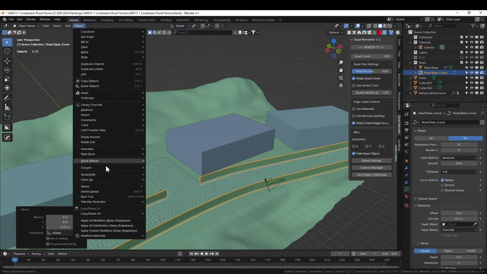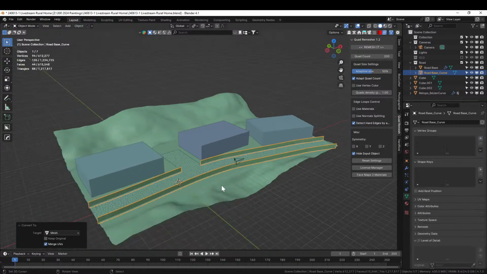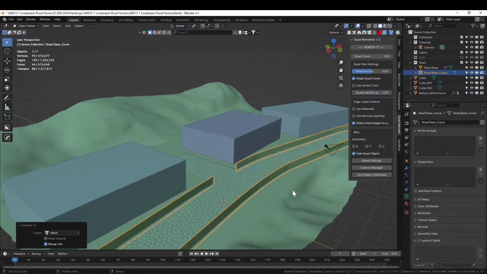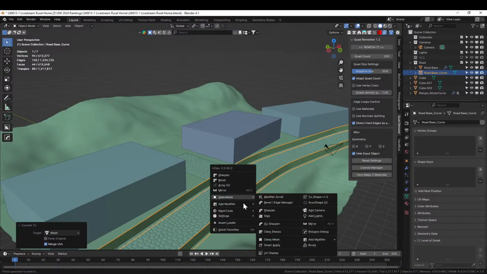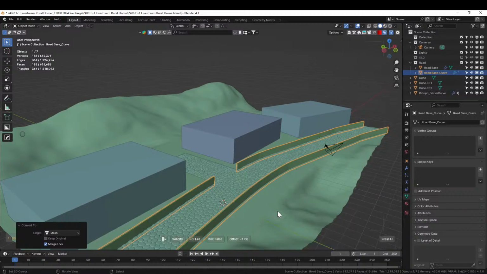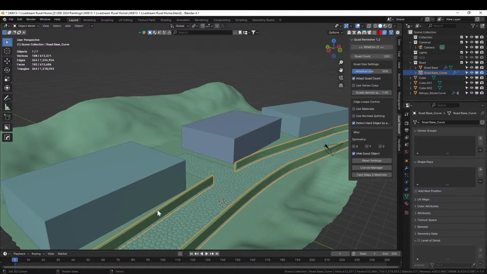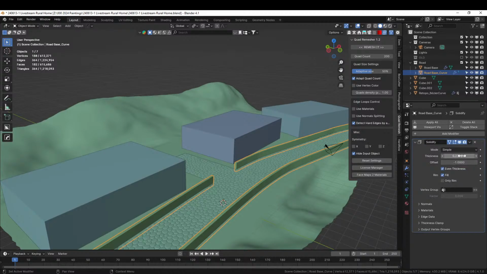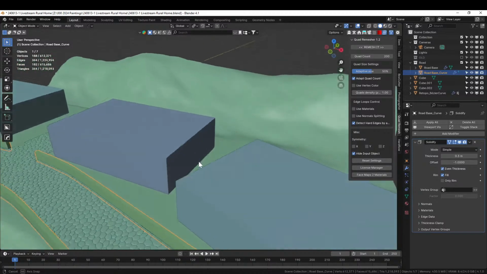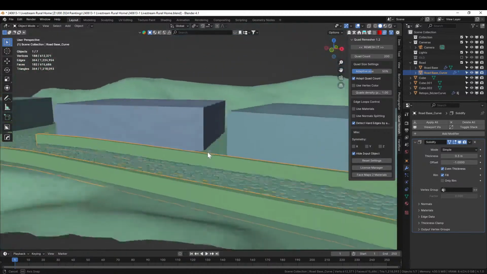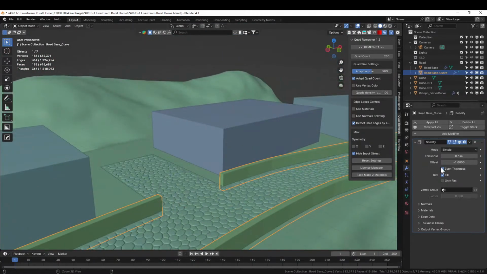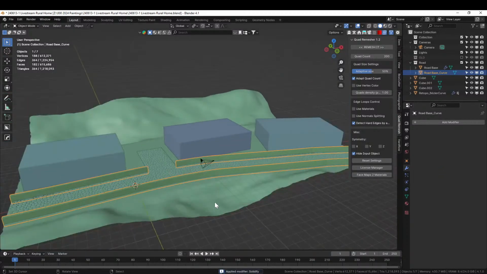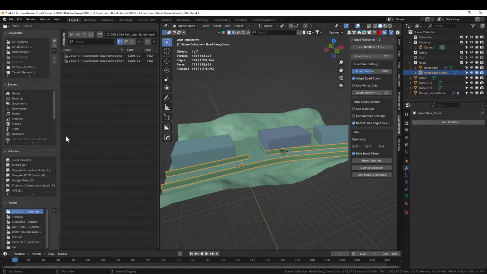Object, convert to mesh. And then let's just queue, add modifier solidify, give it out a little bit. See how much we made, how thick we made it. 0.3 sounds good. It's a foot thick wall. That works for me. And let's apply it. So we got a wall, and then we can make it stone